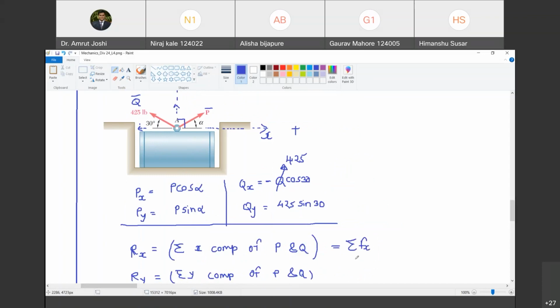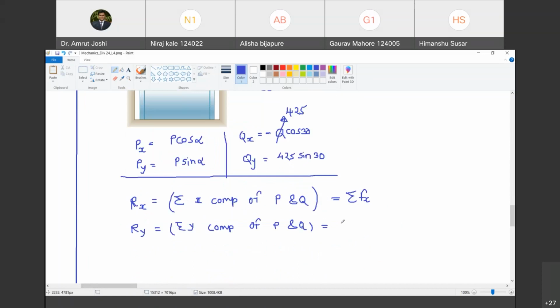जो भी फोर्सेस बॉडी के ऊपर एक्ट हो रहे हैं उनके अगर x कंपोनेंट्स की मैं सम लेता हूं, that sum has to be the x component of addition of all those forces. Are you with me? Yes. सिमिलरली जो भी फोर्सेस बॉडी के ऊपर एक्ट हो रहे हैं उनके y कंपोनेंट के अगर मैं सम लेता हूं, that sum has to be the y component of addition of all those forces. Happy? Yes. Okay.